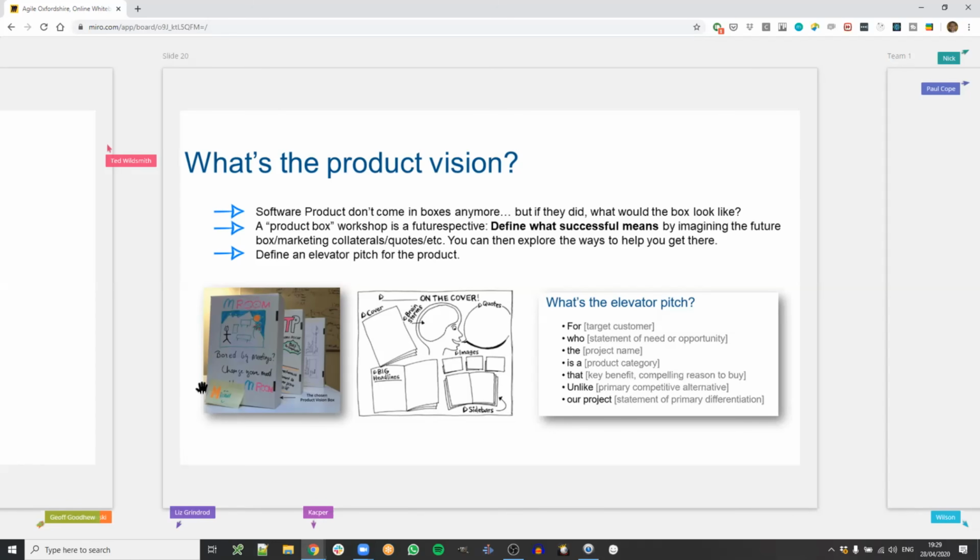You put yourself in the shoes of, like, the project is finished, the product is out. Now we have to design the box. What is that going to look like? And that helps you define what success means, because you're imagining the future. It's a really good exercise. There are lots of different versions of future perspective. You could do the what's on the cover exercise. So you imagine the press release, you imagine quotes that you're going to get from people.